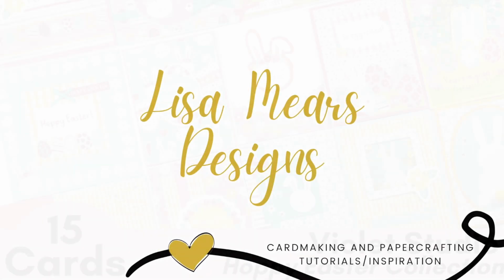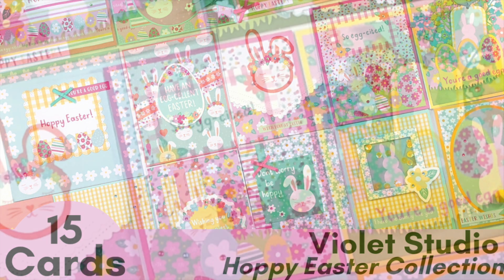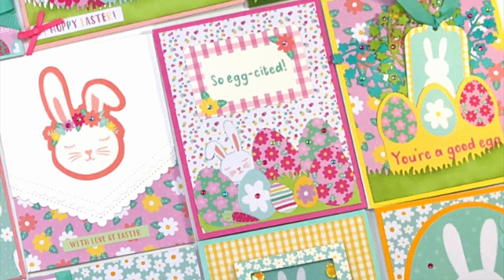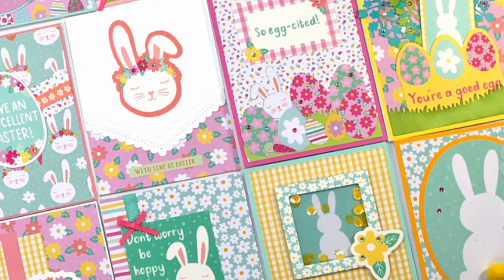Today I'm going to be using the new Violet Studio Hoppy Easter collection and I'll be making 15 different cards. This collection has a lot of pastel colors with flowers, bunnies, Easter eggs, and it's perfect for spring and Easter